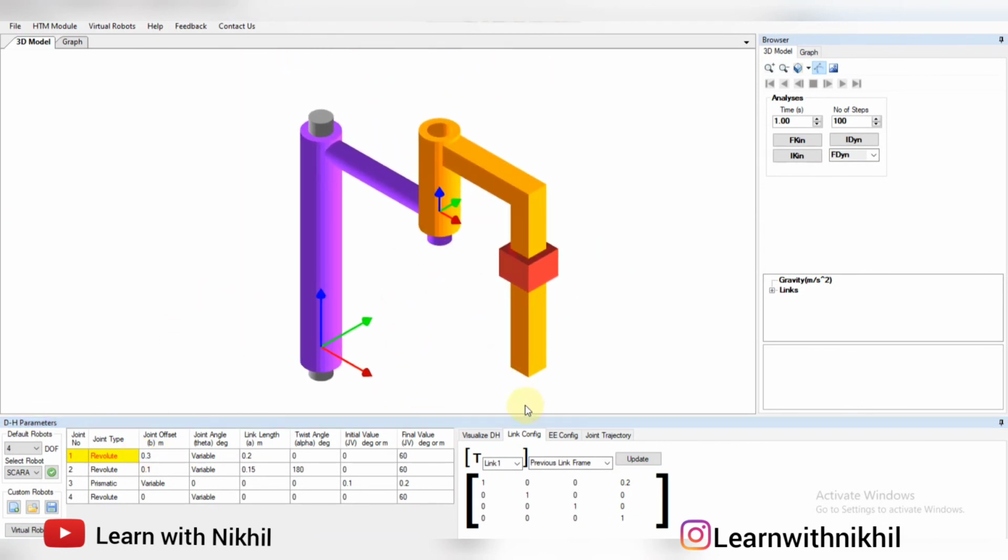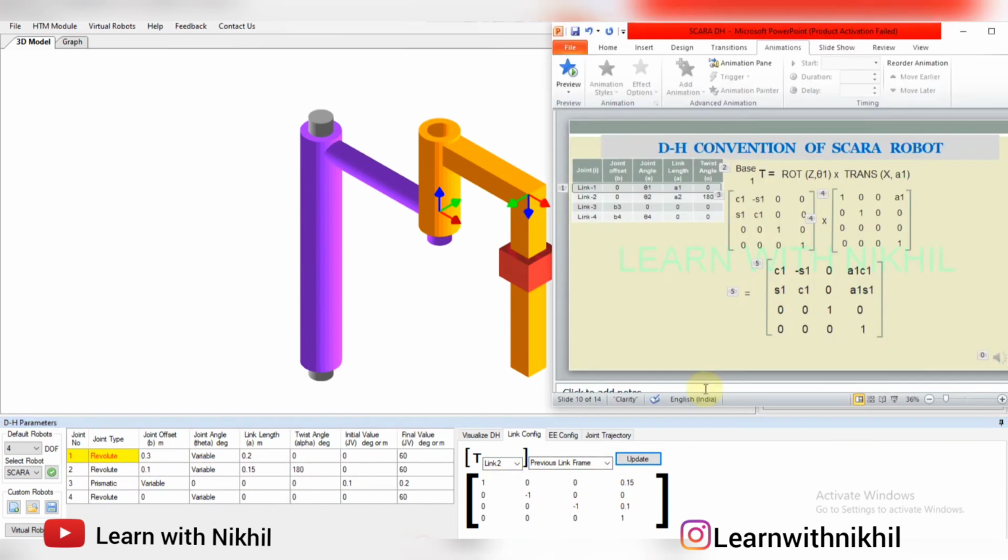Now for the next, click on link 2 with respect to the previous base frame. So now this is for the second link. I'll click on update. So if you go into the second, that is transformation of 2 with respect to 1, you have rotation, translation, rotation, that is 180 degree. If you substitute the values into this, if you consider the joint offset here, again it is considered as 0.